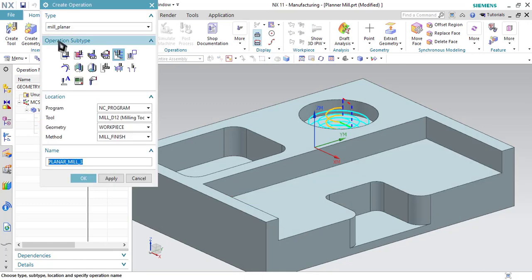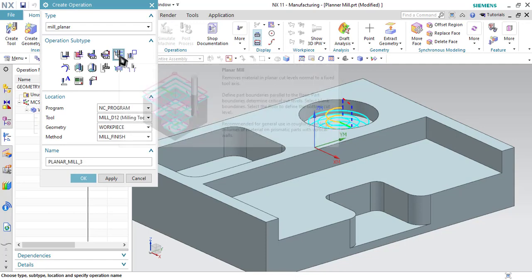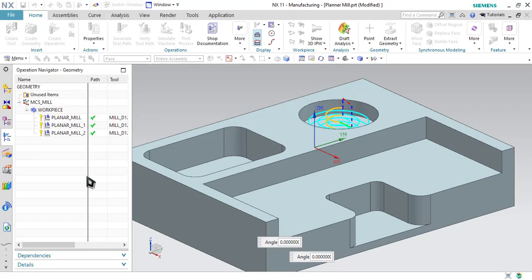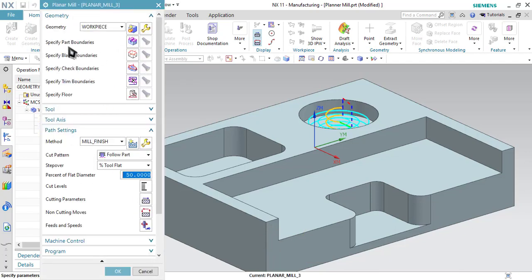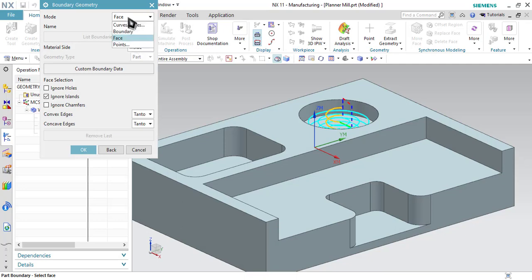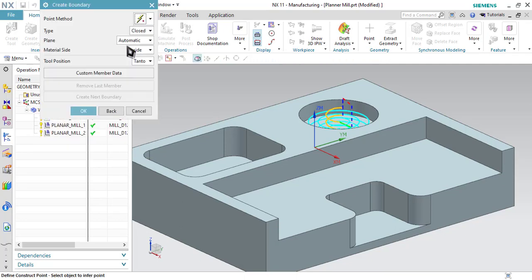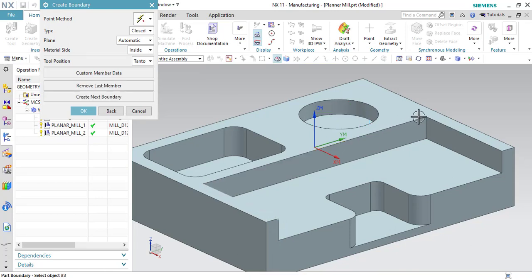So go to create operation, select planar mill options and keep this option selected as it is. Let's specify part boundaries. This time let me choose points as the option and let me select the points from the corner. I have selected all the 4 points.